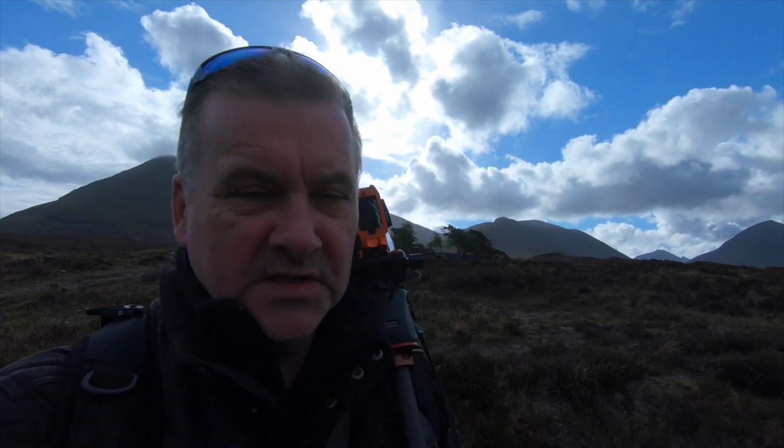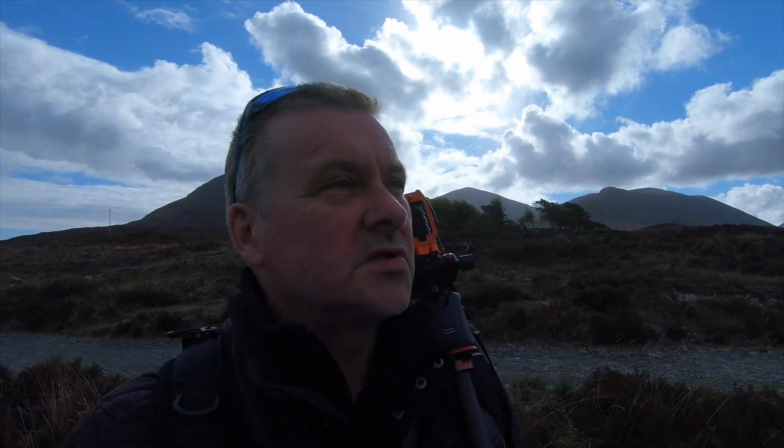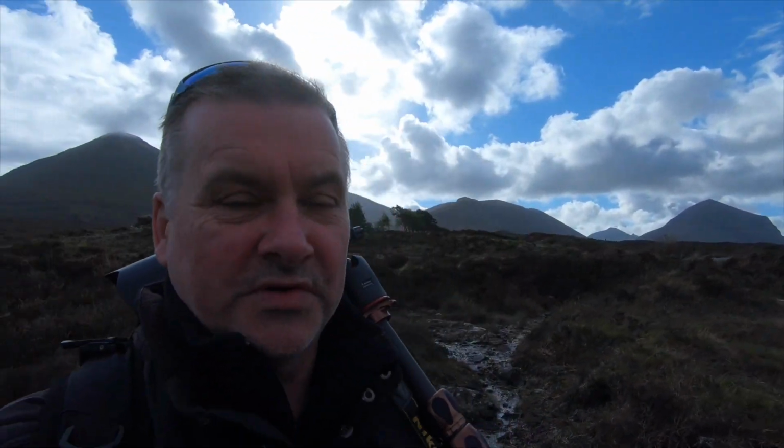This whole place is surrounded by mountains, and where there aren't mountains there are lochs, and where there aren't lochs there are rivers, and when the sun's shining it's absolutely glorious. I can't imagine what it's going to be like in the summertime. It probably gets pretty overrun, to be honest, because obviously there are already tourists here and it's in May and it's cold, so I'm sure it gets really, really busy. But at the moment it's idyllic. It's fairly peaceful,